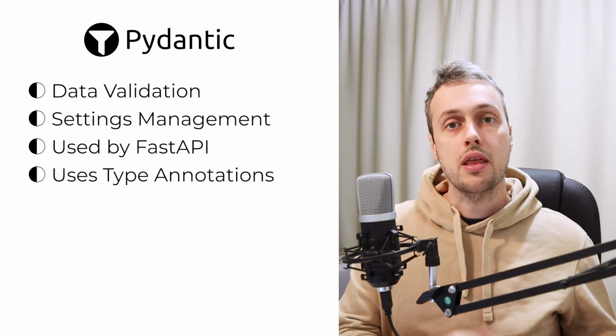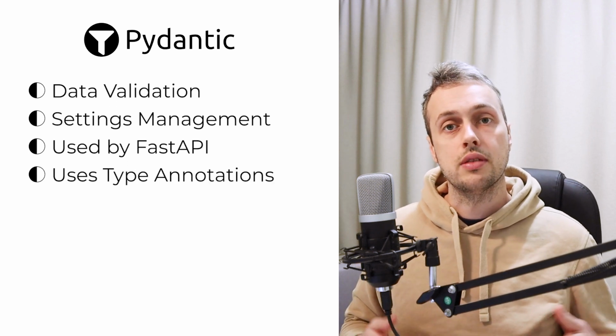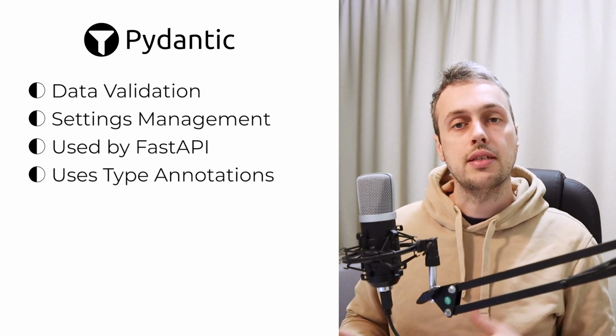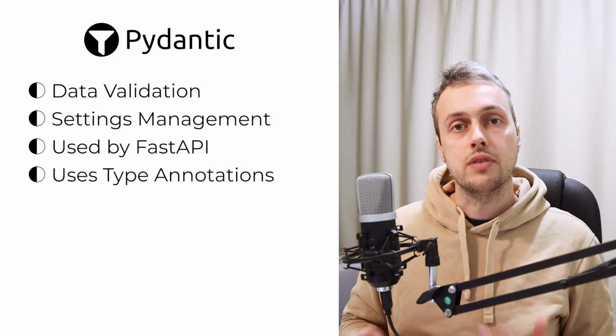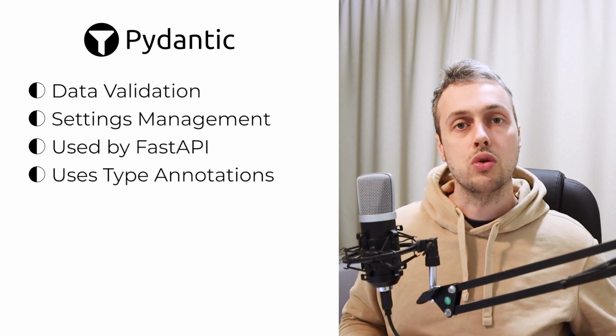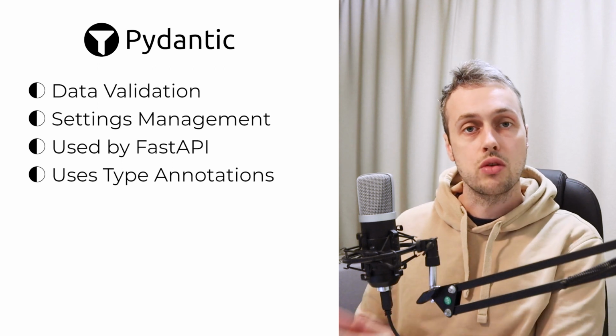Now, Pydantic uses Python 3's type annotations in order to determine the data types of fields on a class that you define, and these classes are there to determine the structure of the data and the expected data types. In this video, we're going to use Pydantic to model JSON data that's coming from an external source, and we're